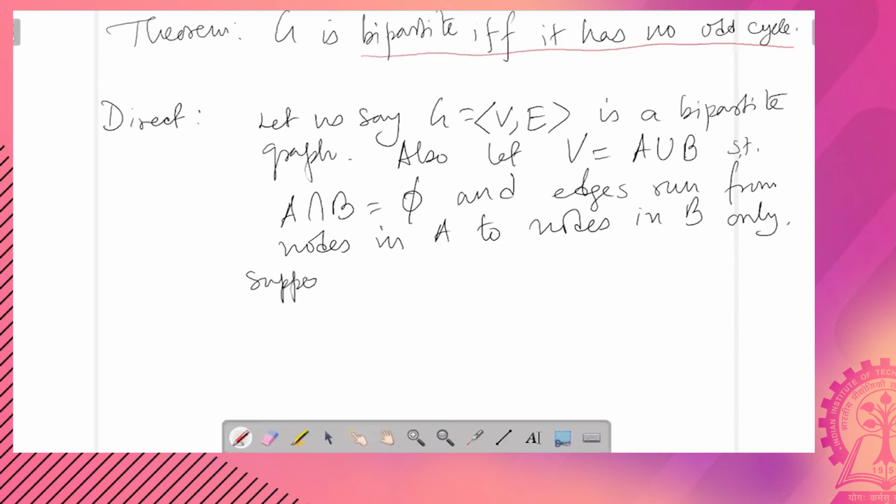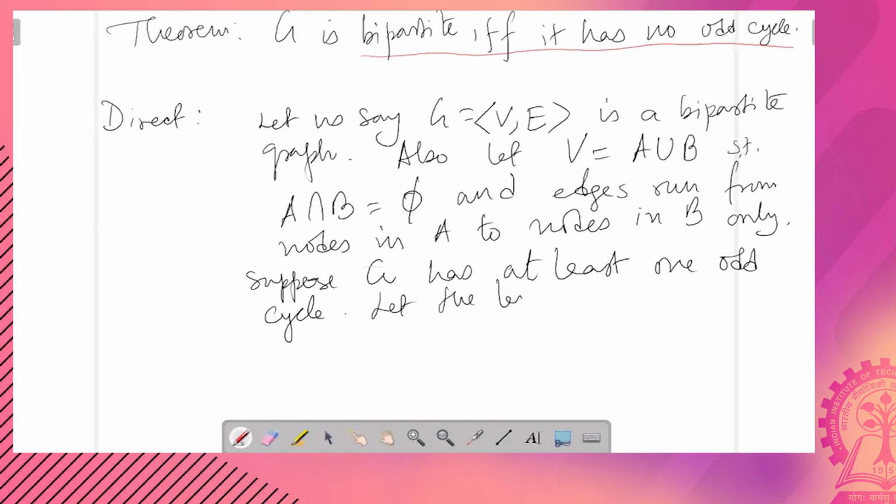Suppose G has at least one odd cycle. Now this is a technique of contradiction that we will use to prove the theorem. Let the length of the cycle be n,